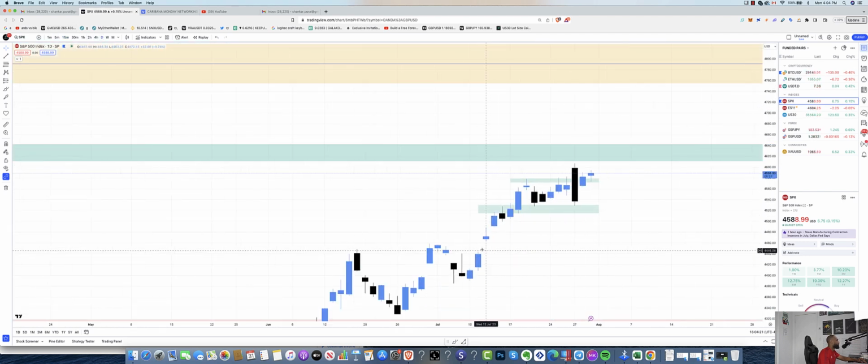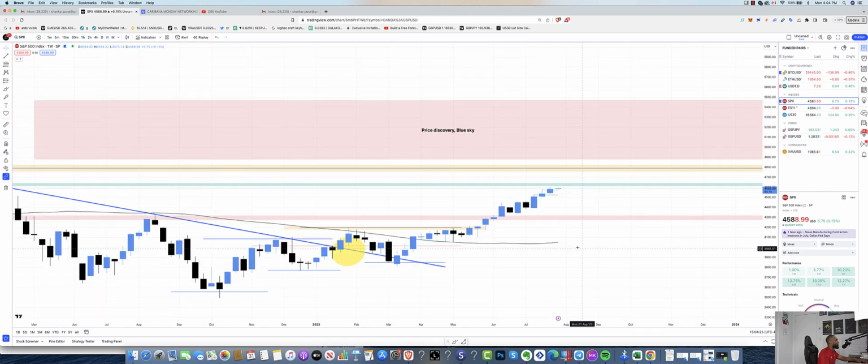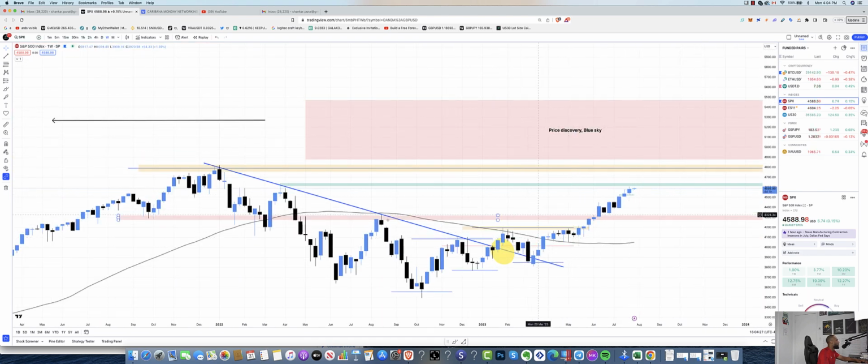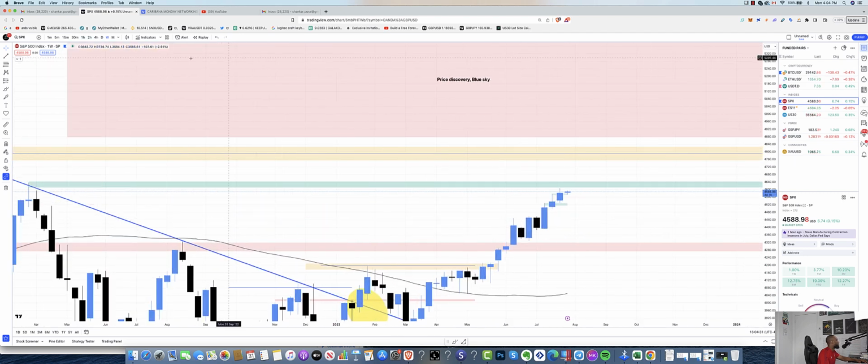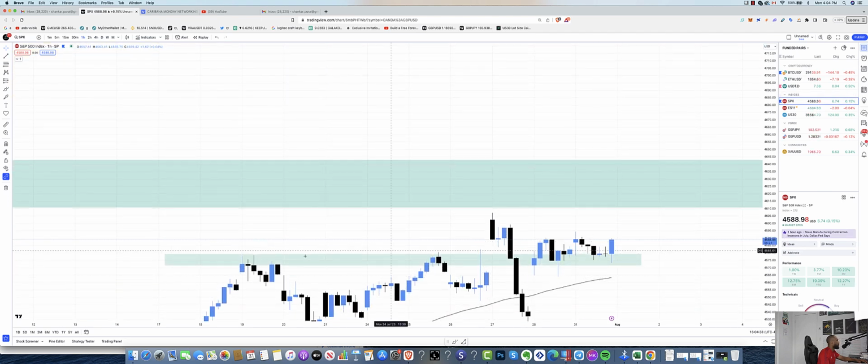S&P 500, like we have been monitoring, we're looking for the price to break into this price discovery area. We've been monitoring this for a while, so nothing too special. We have right now the price broke above this resistance and now is support. So you can see that we have created the support area right here, this bullish engulfing on the support area,